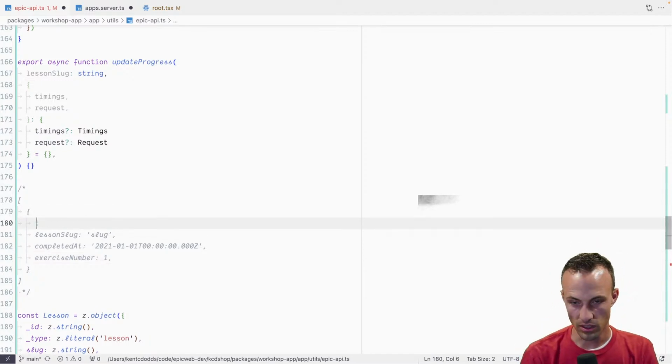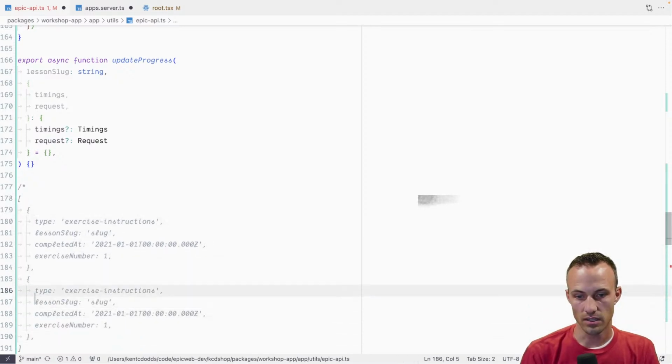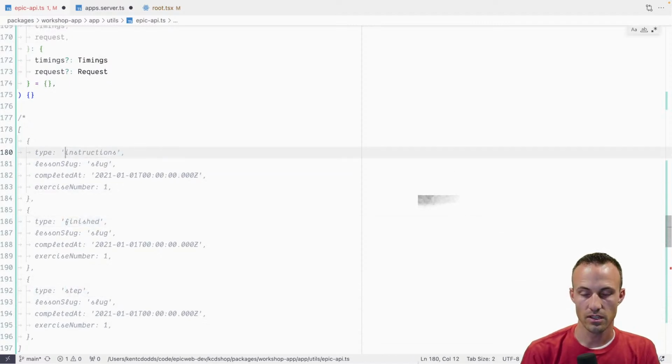So maybe this would be type exercise instructions, and then finished, and then step. So here we just remove that prefix. So we'd have instructions